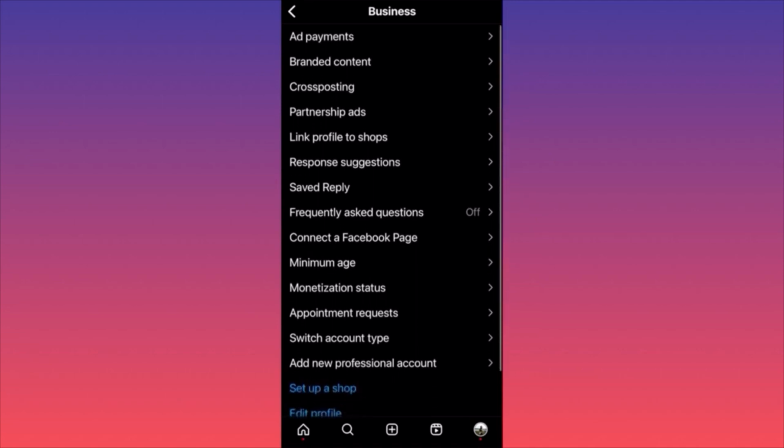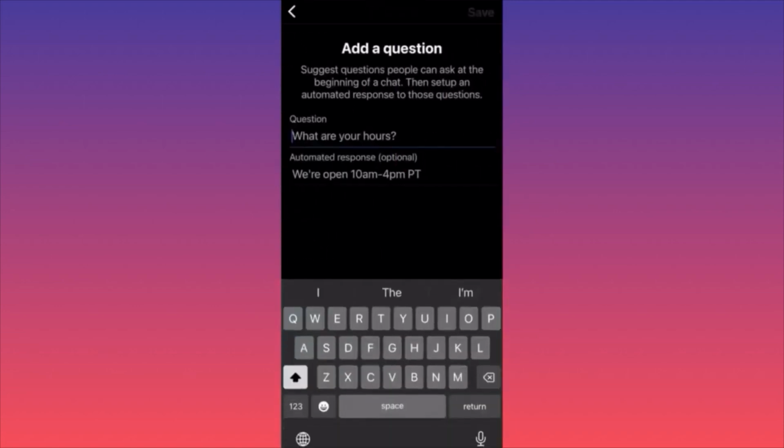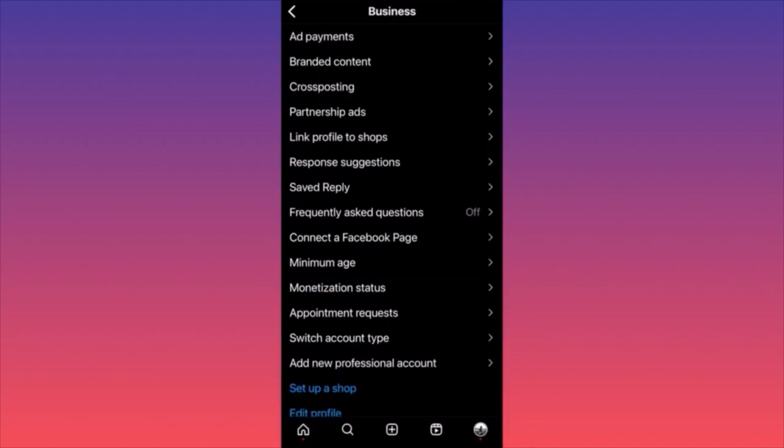Next, you have something that I believe is not so helpful. Frequently asked questions. If you're running a business and people come on your page and want to ask a lot of questions, you can create a small section where you input questions, and you can set up automatic replies. This is like when the store is closed, when you're not online, people still get answers and will get taken care of. Okay,